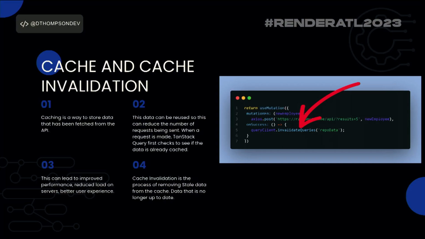So invalidating cache and cache invalidation. Invalidating cache is easier to do with React Query, but knowing when to do it is actually the challenge for a lot of people. So I'll try to give an example, and before I give that example, why did the React Query hook go to the therapist? Because it was always invalidating itself and needed some self-validation instead. I know I'm funny, I know. Oh, that one went by too fast.